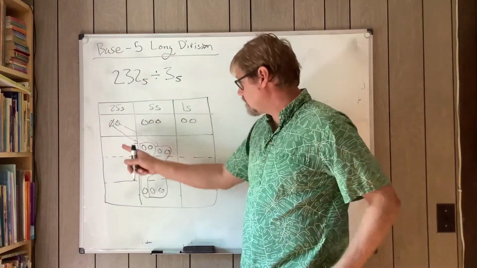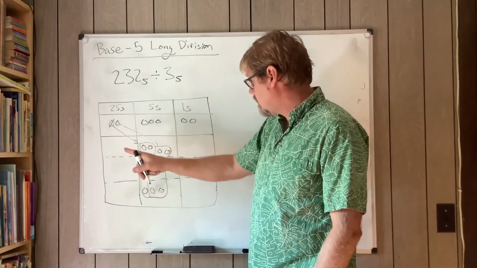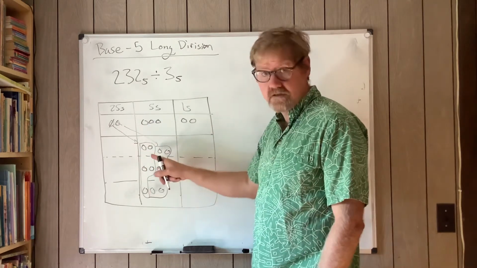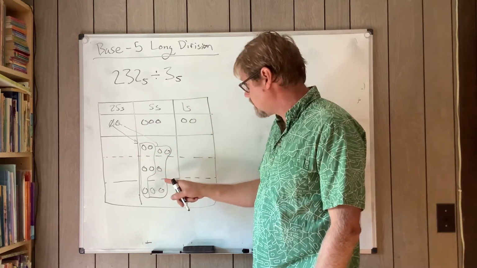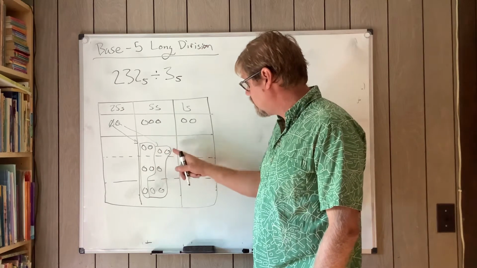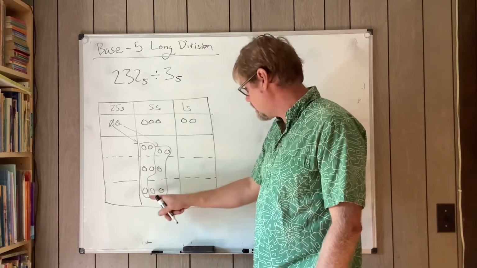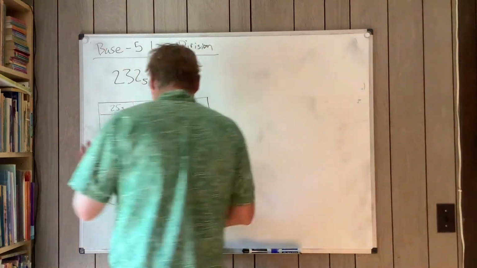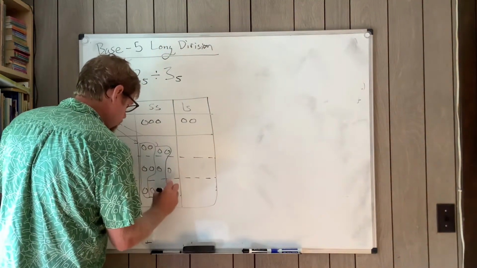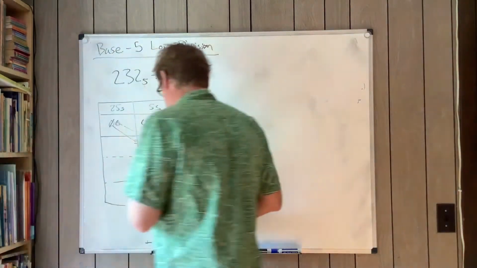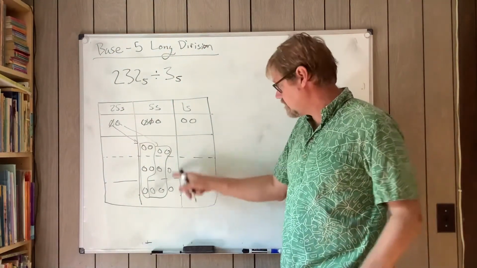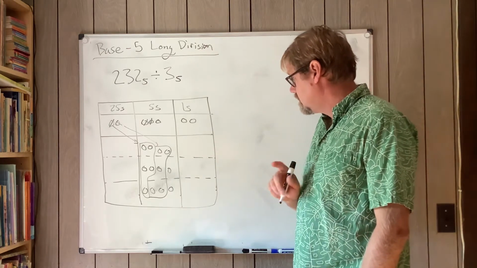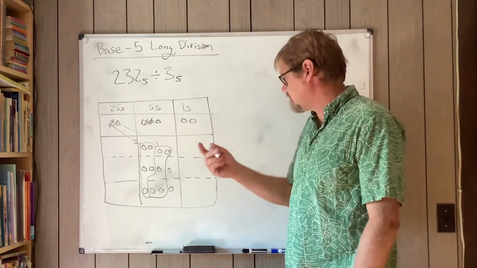And so what I've done so far is I took my 2 quarters, I made 10, total 10 nickels, right? So right now I've got 4 for the first friend, 3 for the second friend, and 3 for the last friend. Now I still have 3 nickels around. So I'm going to put 1, 2, and now everybody's got the same number of nickels. Now there's 1 left, I can't split that up,